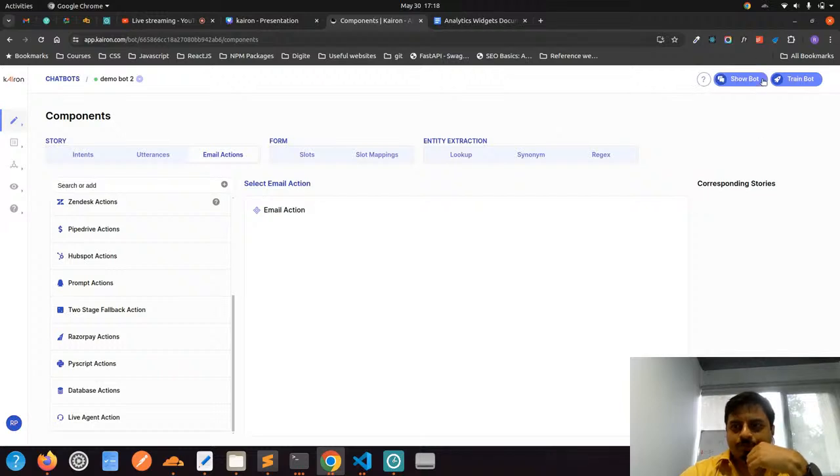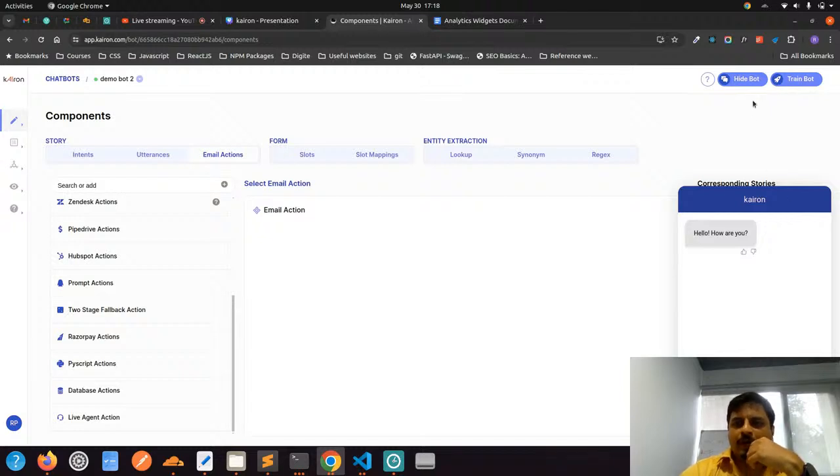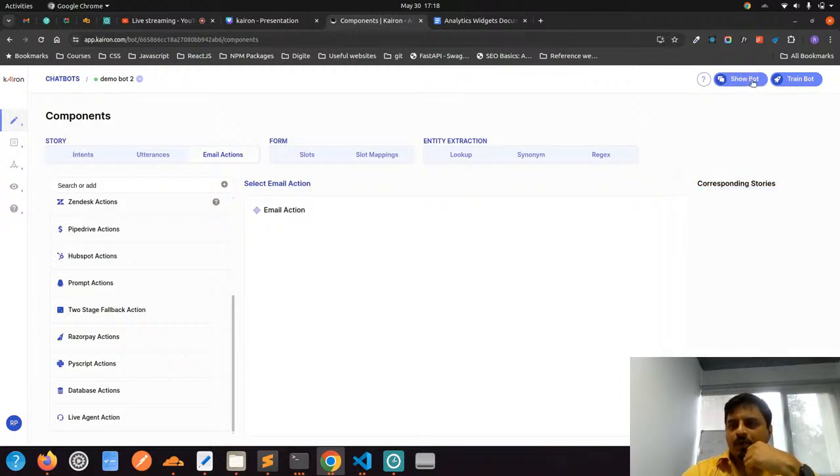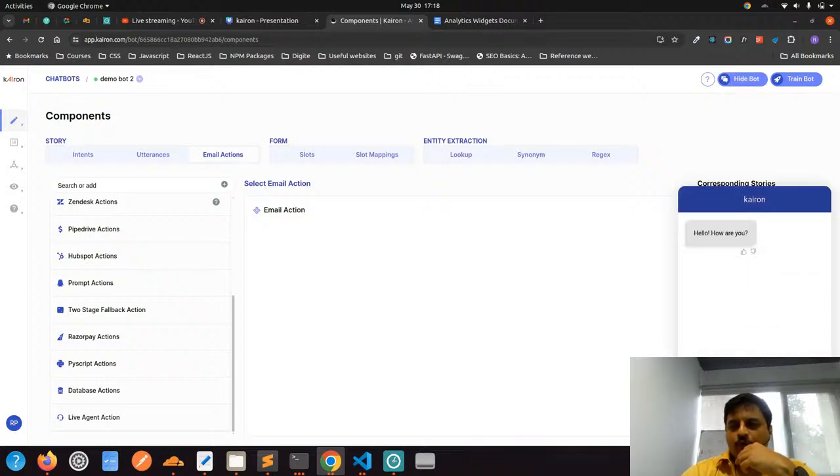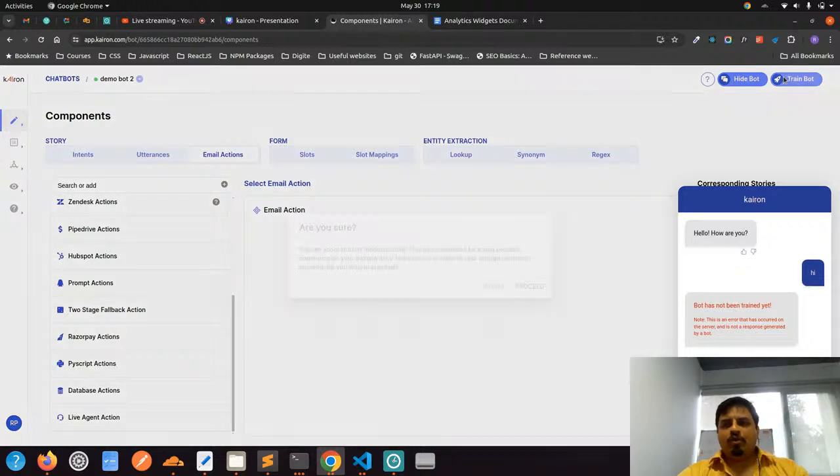So in our current state, this is the bot client that you can trigger from here. We have this icon here. When you say show bot, you will get this, and when you go to the bot, you can start chatting with the chatbot or the digital assistant. It says the bot has not been trained yet, so you can train your bot here. I just click on training,